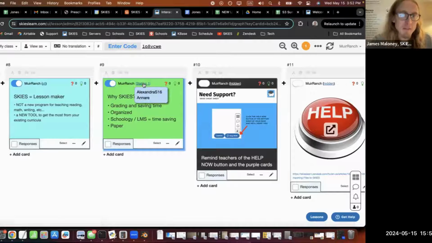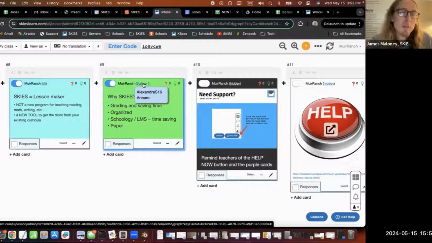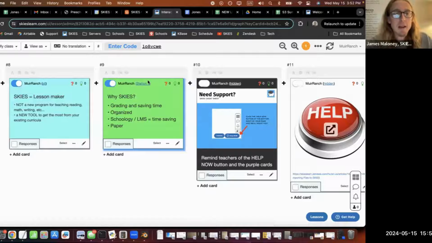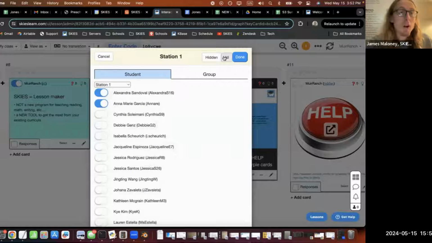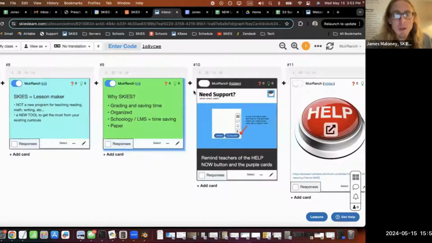I'm actually going to turn this on for everybody. But there's no other program that really allows you to take your lesson and really differentiate it. Here's an easy card I'm going to give to everyone. Here's a super scaffolded card that I'm just going to turn on for some students that have special needs and are embedded in my class. Or here is an advanced card that I'm going to turn on for students who need to work on something because they finished early.